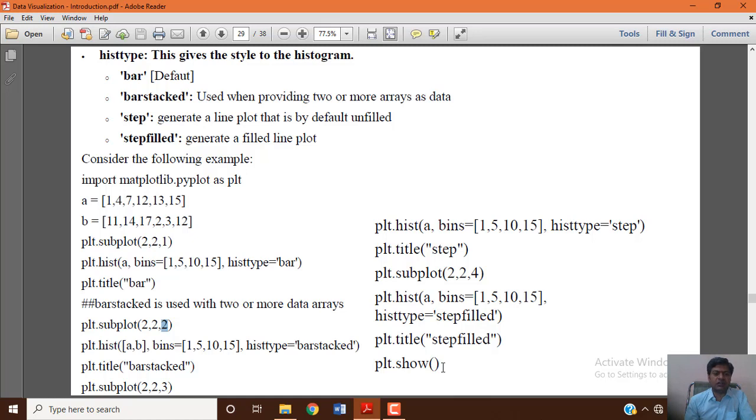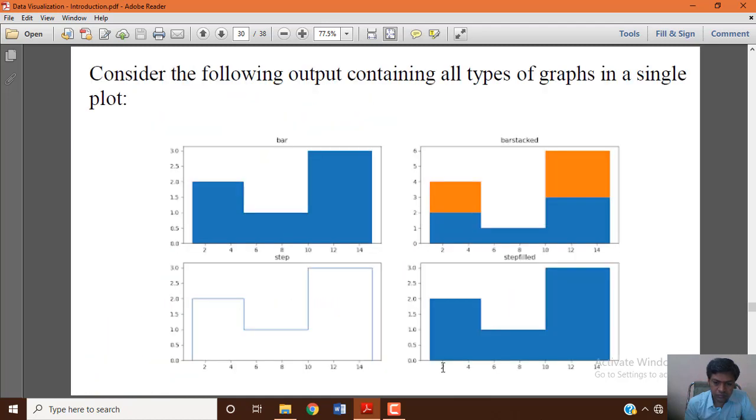Without the show function, your graph will not be generated, it will not be visible to you. Okay, you can see the output of this program, all 4 different parts, how the plot is divided by subplot into 2 rows and 2 columns and 4 images, how they were kept within that. You can see the bar generated at 2 comma 2 comma 1, that is first row left, and 2 comma 2 comma 2 is bar stack.